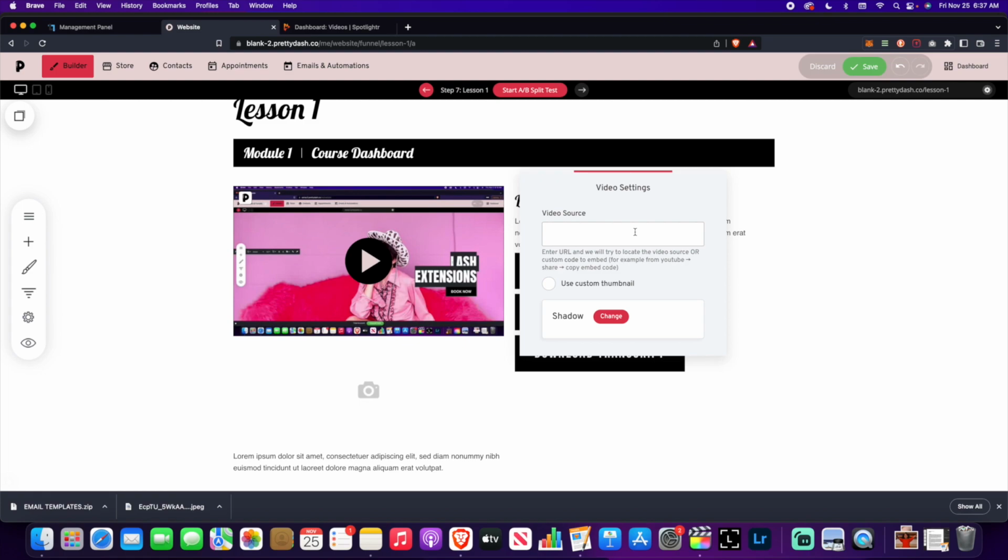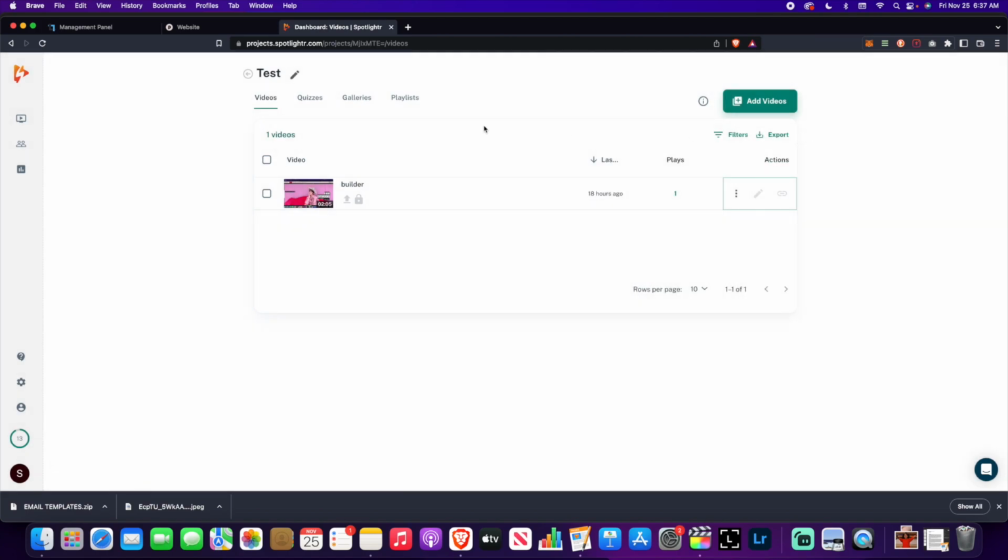And Vimeo also has other paid options that will allow you more videos, and if you want to do any kind of streaming or webinars, you can also do that with Vimeo. But they do have a free version, so you don't have to worry about that. But the one that we use is Spotlighter. Now I'm going to show you a little bit of Spotlighter just because it's an amazing